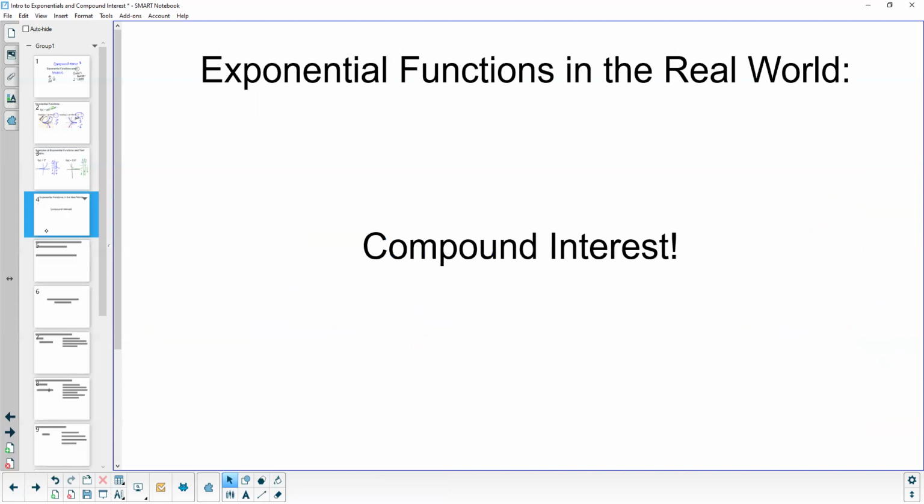So a very specific, very exciting and cool way that we can see an application of exponential functions in the real world is from compound interest. Now, there are lots of different types of compound interest. Compounding interest means that as you invest money, they calculate interest over time, whatever specified amount of time, and that interest will then accumulate on